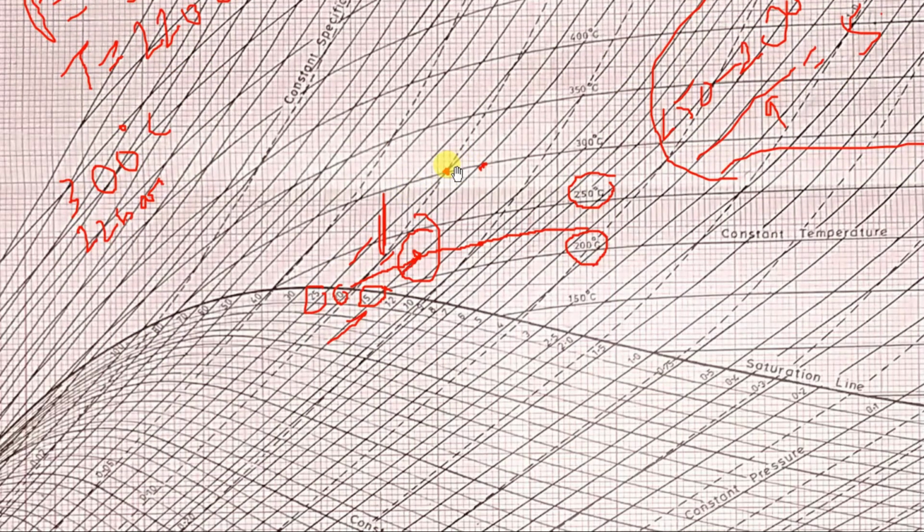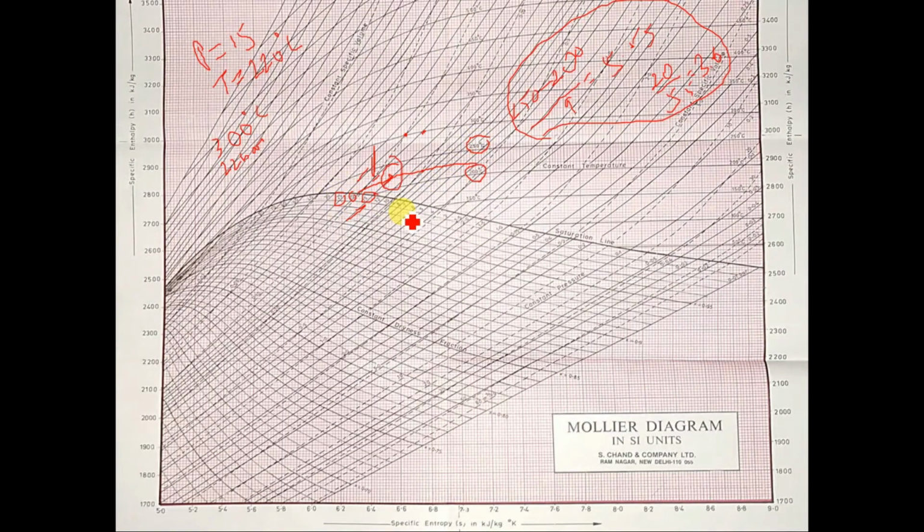Let's zoom it and check how many boxes we have in between. Draw the vertical line. How many boxes are there? 1, 2, 3, 4, 5 boxes are there. The difference is 5, so each box carries 1 bar. Clear? So 20, 25, the difference is 5. We have 5 boxes, so each box carries 1 bar. We need 2 bars, so for 22 bar, 1 box, 2 box. So this is my point. Draw a line which intersects your 300 degree line. This is my intersection point, this is my state 1.